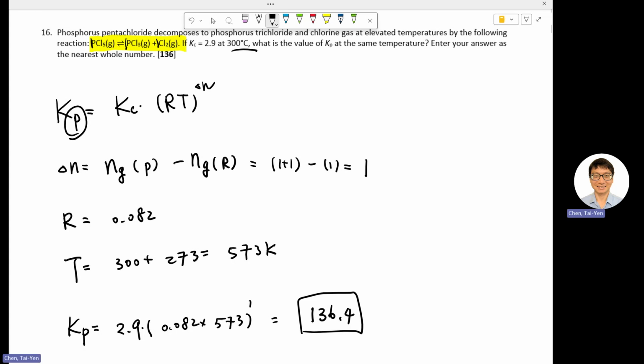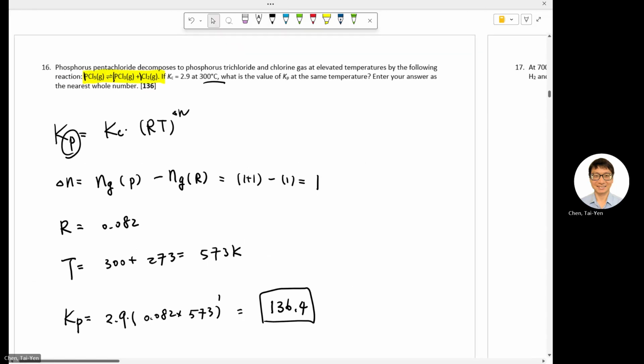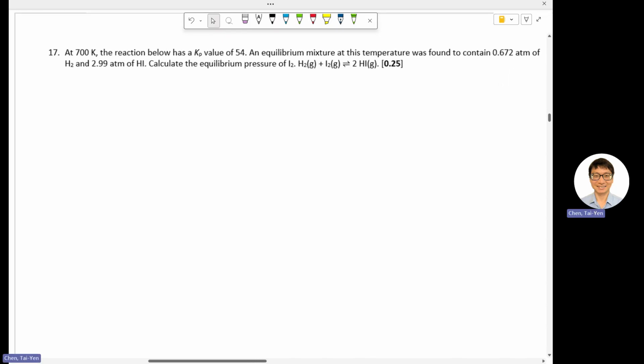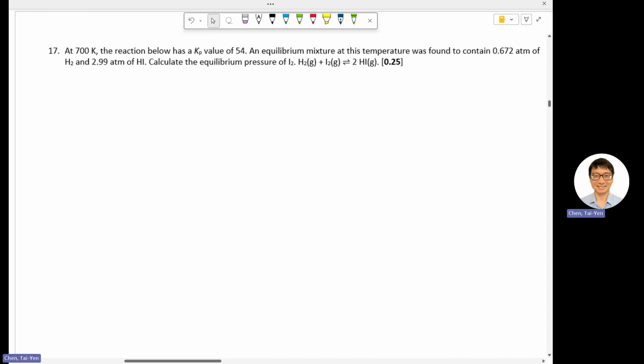All right, so let's look at the next question. Number 17. At 700 K, the reaction below has a Kp of 54. An equilibrium mixture at this temperature was found to contain 0.672 atm of H2, 2.99 atm of HI. Calculate the equilibrium pressure of I2. The keyword here is